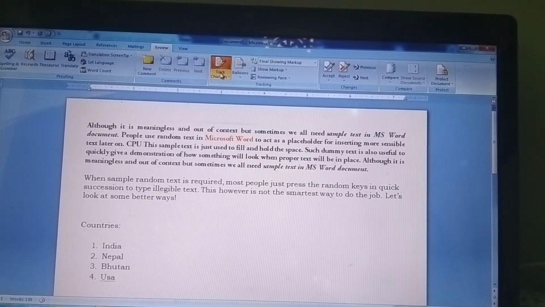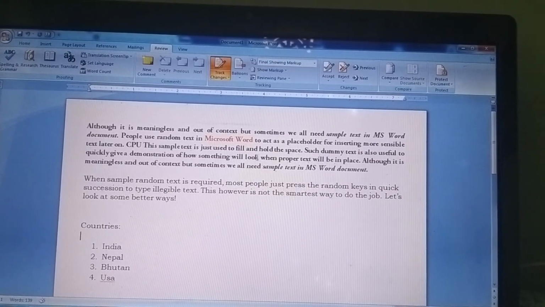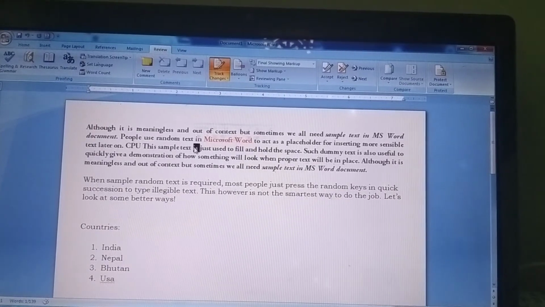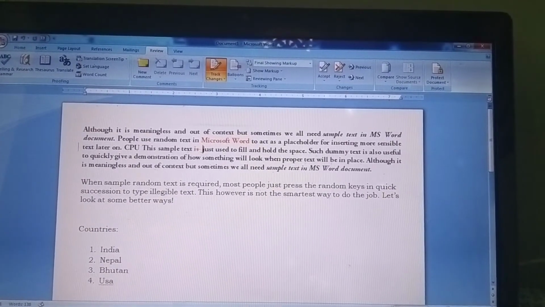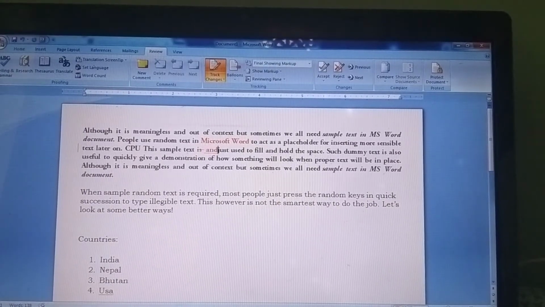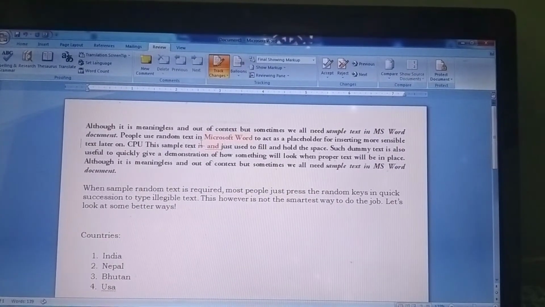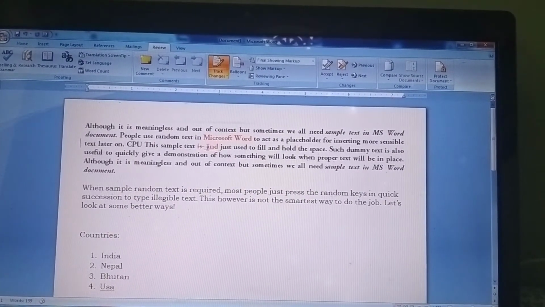So you can see, suppose I have switched on Track Changes. Now I am deleting and inserting; suppose in the place of "is" I want to insert some new word like "how" and "and". You can see here the previous word is still there, it has been struck through, and the new word has appeared.